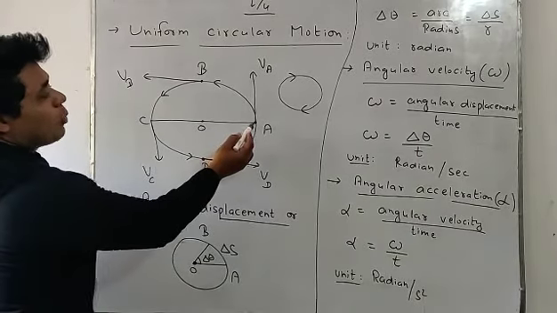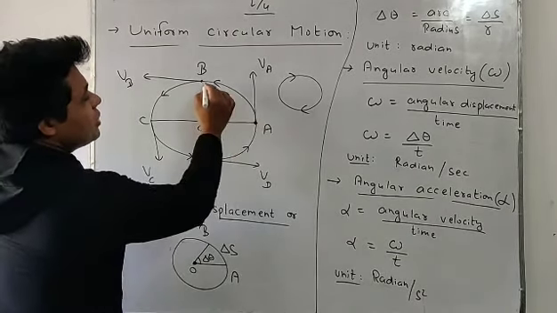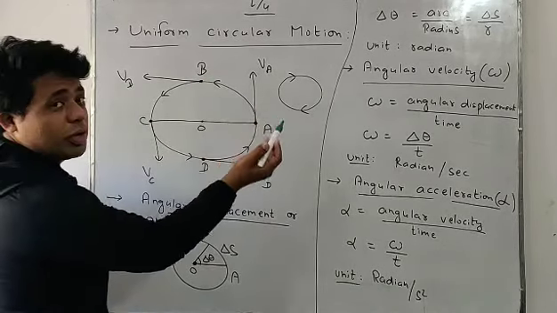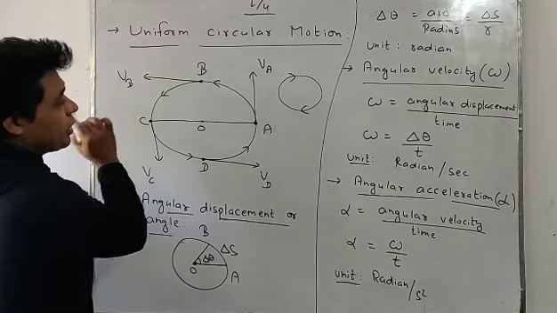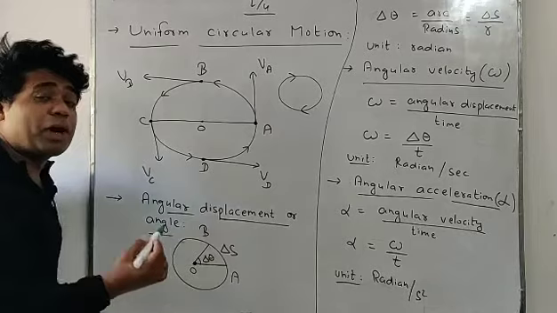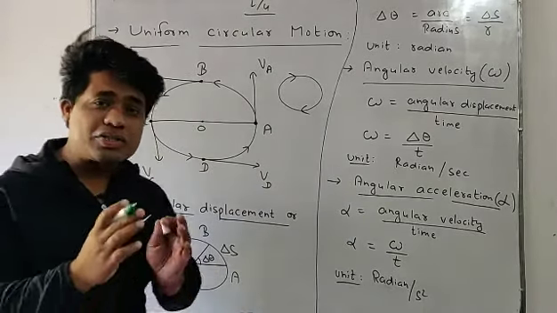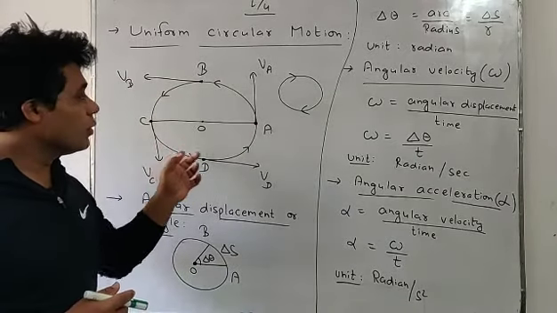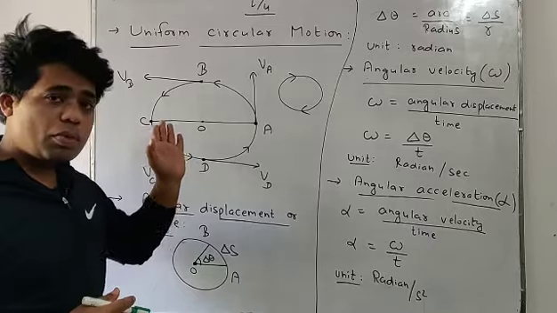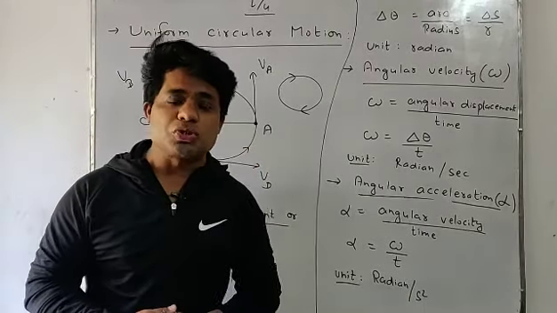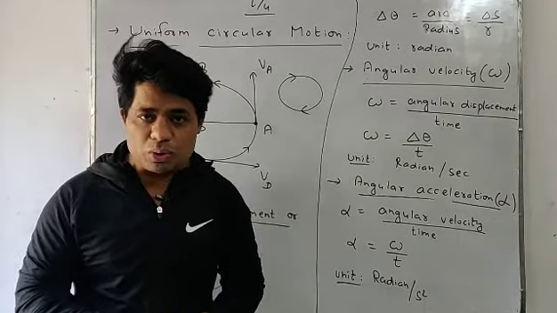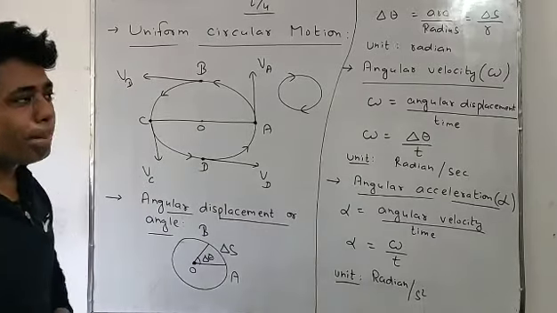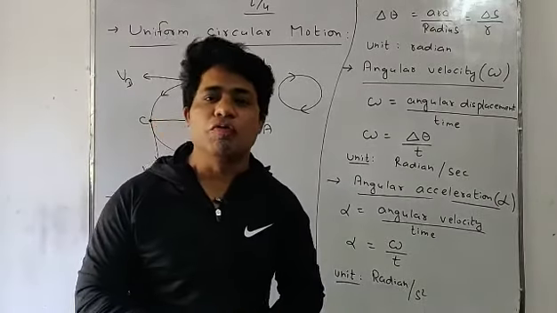Look at students, an object is following the circular path. At each and every point, the direction of velocity continuously changes. Velocity of particle at A point, velocity of particle at B point, at C, and that is the velocity of particle at D point. At each and every point, direction continuously changes, but an object following the circular path is executing uniform circular motion, because the magnitude of velocity remains constant, only the direction changes. With a constant velocity, following a circular path, such motion of an object is said to be uniform circular motion. There are some basic terms related to uniform circular motion.